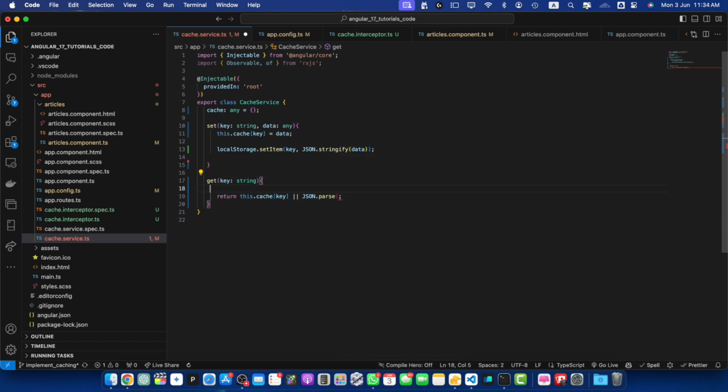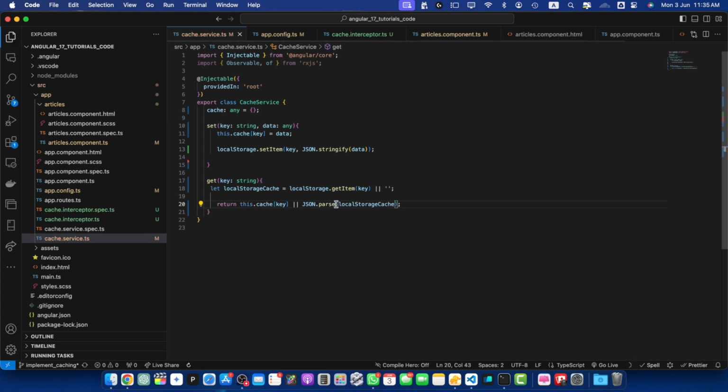I will create a variable, let localStorageCache is equal to this, and here we will add a condition. If the data was not found in the local storage, we will just set an empty string here. Okay, now we will use this local storage variable. Now I will use that variable to parse it. Okay, so now if the local storage string was found, we will parse it,